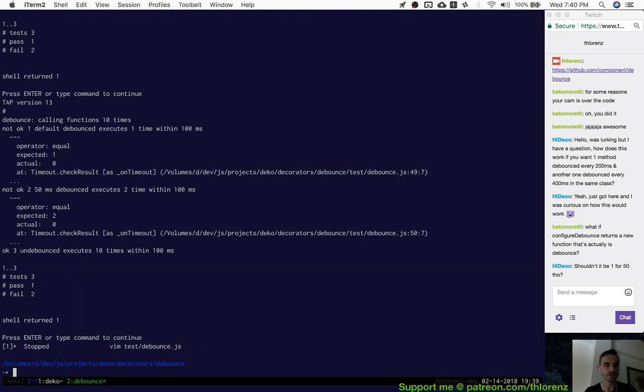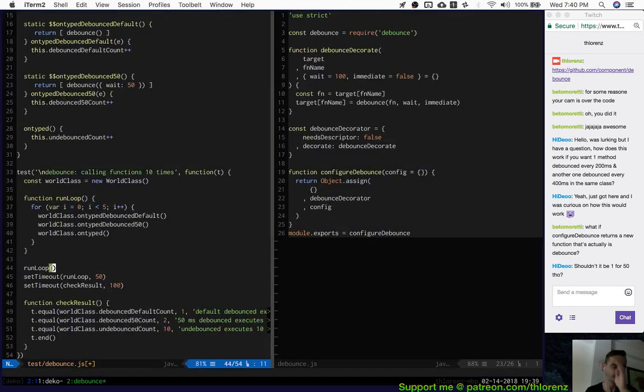Let's see, onTyped ran, onTyped ran 10. Okay, that's interesting. So that works. We run the loop. We call each of these functions, right? They should be debounced. So they are definitely debounced because they're behaving differently than the other one. However, they're both